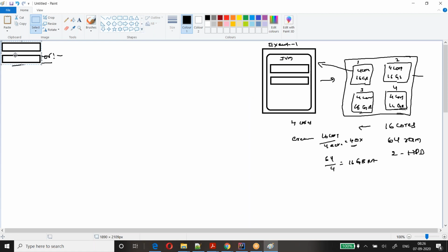So if we take this one, we keep talking about executors, right? When we talk about executors, we should not be blank. So we should be a little aware of what the executor is. Now, if you look here, this is one physical machine that has been divided into 4 virtual processes, which are called JVMs. And each JVM has 4 parallel task capacity. And each parallel task, when you create an RDD or all those things, right?